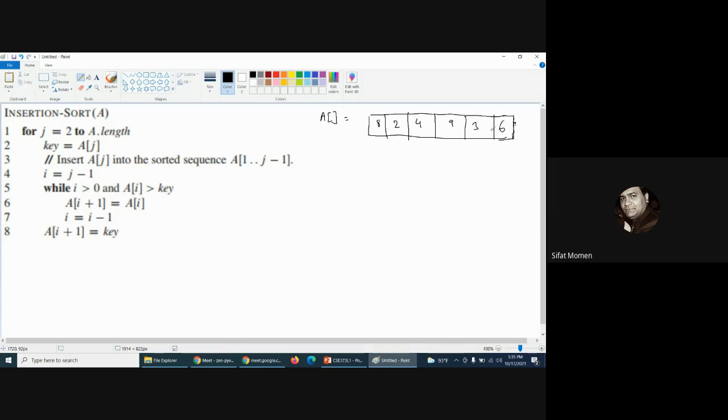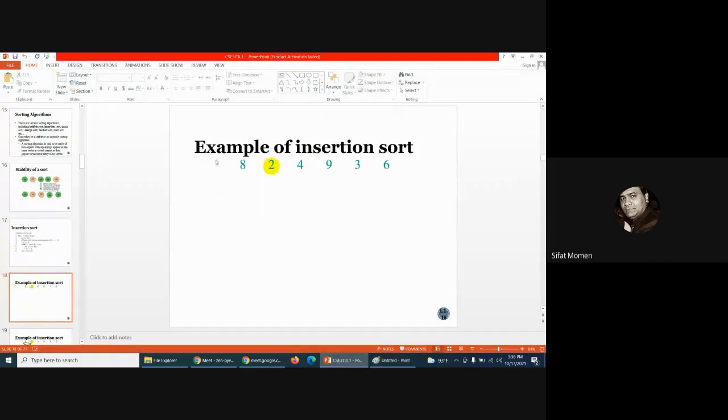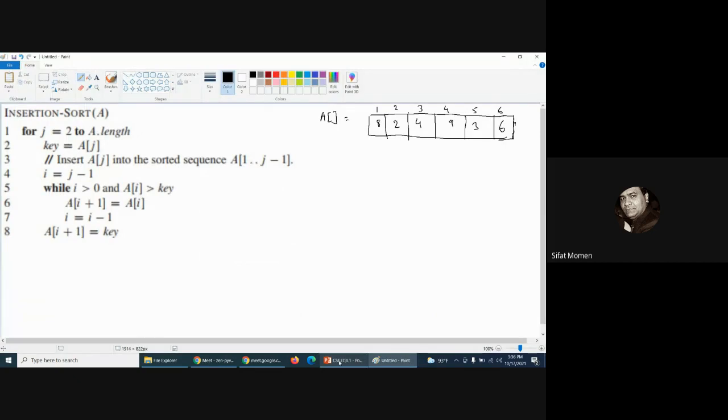That's the input sequence. Is it okay, Nakina? Is it sorted or unsorted? Unsorted. So these are the indices that we have. Is it clear, Nakina? Are we good? Yes, sir. I want to make sure that the input sequence I've given is the same as this one, so that you can compare later on. So 8, 2, 4, 9, 3, 6. Now I want everyone to